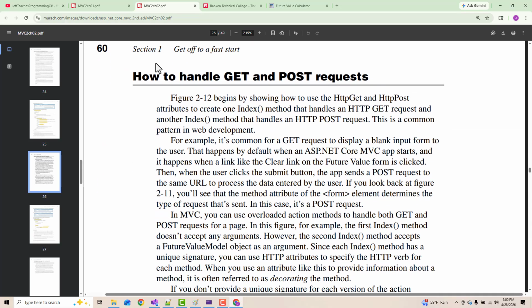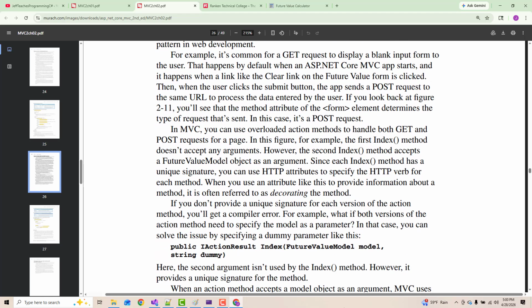So the next figure is going to show how to use get and post to create an index method that handles a get request and another index method that handles a post. So the get is when you're asking for information. The post is when you're basically receiving it. As it says, this is a common pattern in web development. For instance, it's common to have a get request to display a blank input form for the user. This is what should happen by default when this application starts, and when you click the clear link that's on there. All right, then when the user clicks the submit button, the app sends a post request to the same